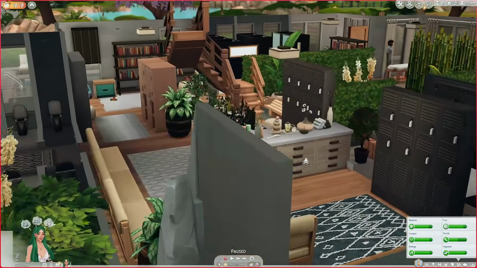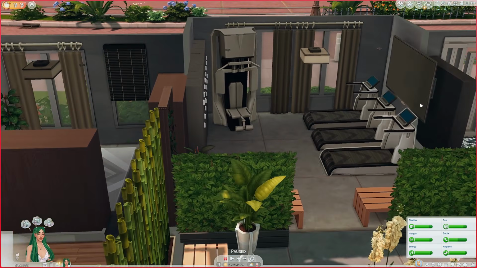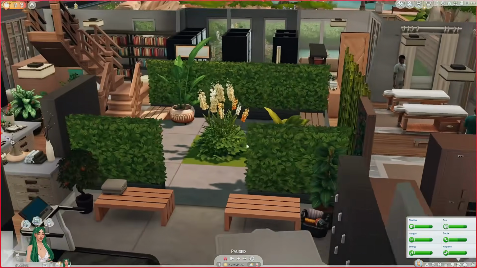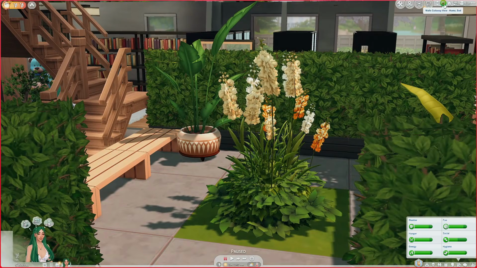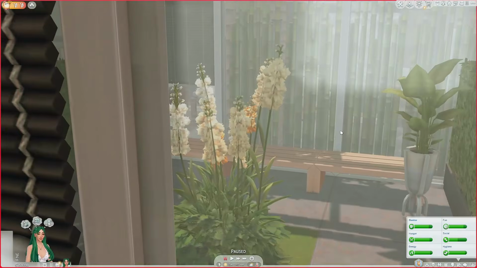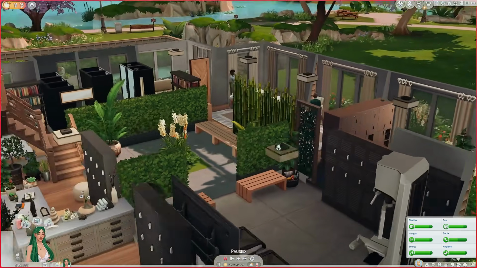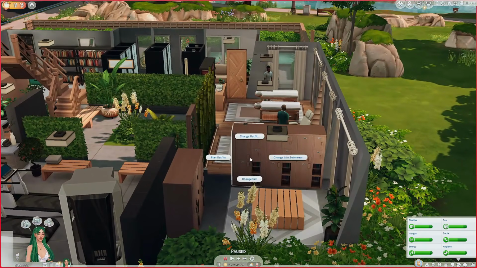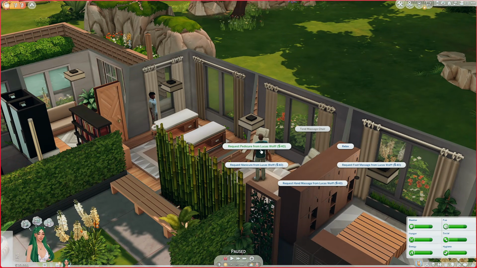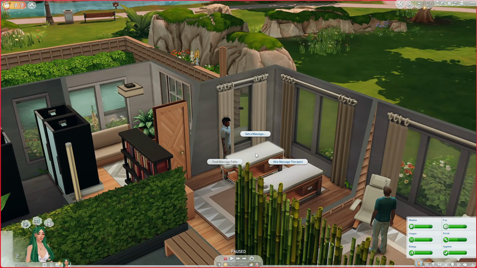So you walk in, there's your seating, you got some lockers, you have a whole gym. It's not giant, but it gets the job done. And then you come out here and there's a little beautiful garden. I don't even know what it would be, but it's like a Zen garden. That's kind of what it reminds me of. And then you've got some more lockers, and then you have your massage chairs over here, and you have the other